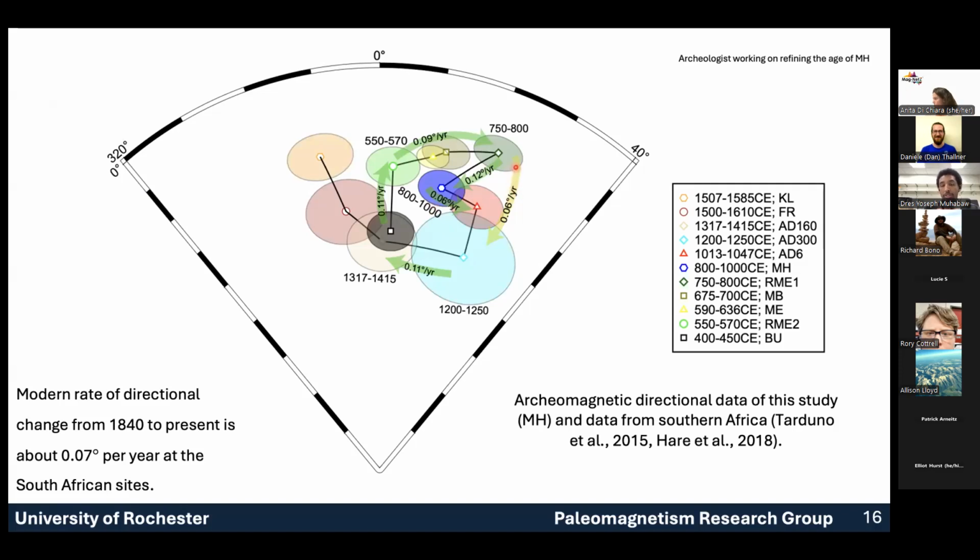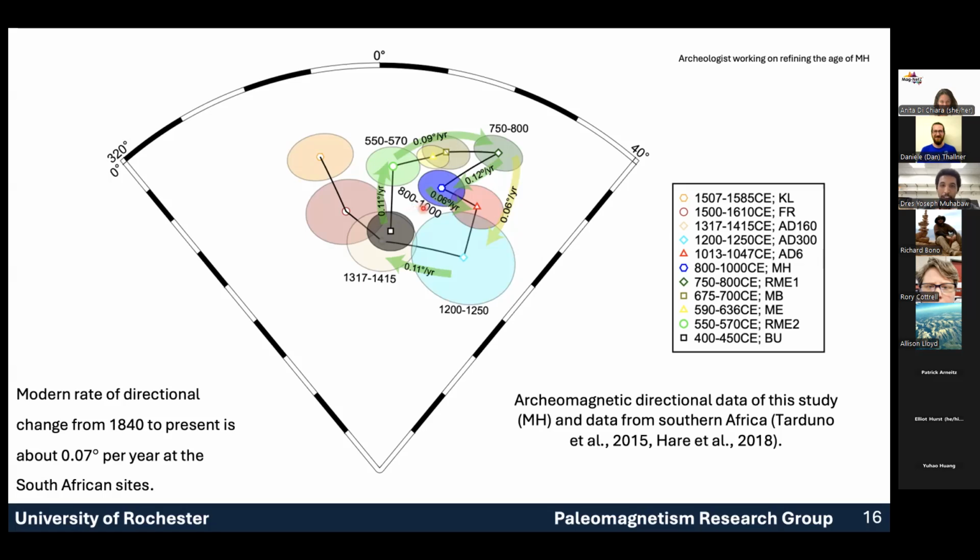Previously, in the previous Hare et al. paper, the path was going from here to here, and as you can see, there was a large gap in time. So we are refining this gap with new data sets, and our new data set lies over here, having a new rate which is higher than the previous 0.12 degree per year. And again, here we have 0.06 degree per year. Even though we have these new data sets, the age is still from 800 to 1000, which means